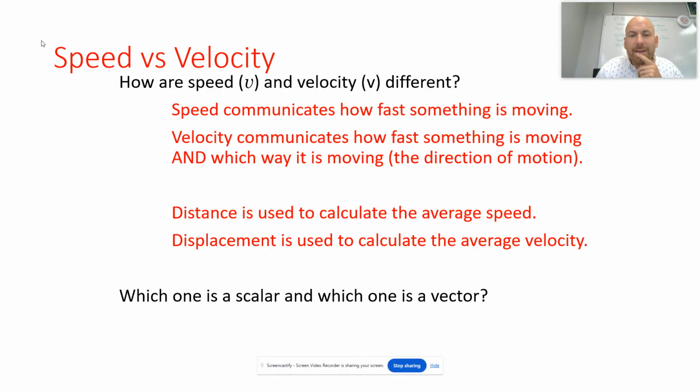So which one of these do you think is scalar and which one's a vector? Speed is scalar, velocity is the